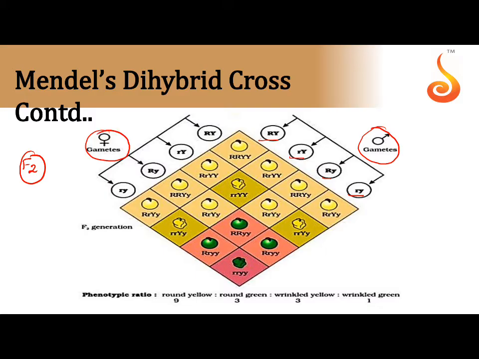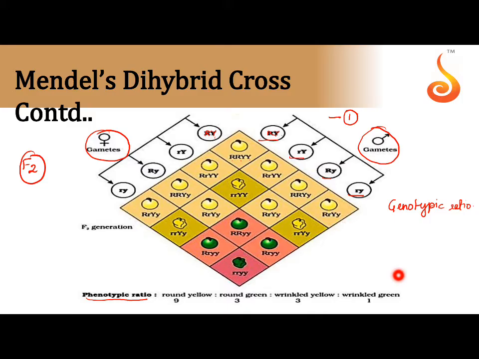Now we are going to cross all the columns with all the rows. Just one to show you: here you have capital R, capital Y, and here also you have capital R, capital Y. When you cross these two, you get capital R, capital R, capital Y, capital Y. In the same way, you have to fill up the whole checkerboard. I hope you are clear with how to fill that. Now that you have filled, we are going to find out two ratios: one is the phenotypic ratio, the other is the genotypic ratio. Filling of this entire F2 generation itself carries another 1 mark. So already we have achieved 3 marks.